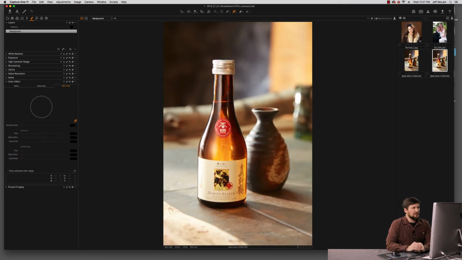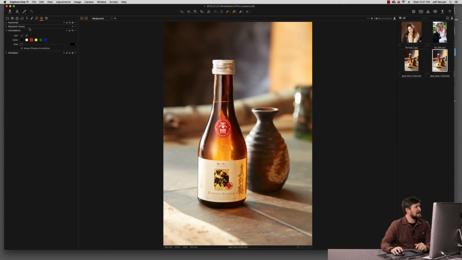Another area where some of the new features of Capture One can be really helpful is if you're working on an image that needs a crop applied, that would maybe be used on the cover of a magazine, so we need to know where the type is going to land. And it's going to have some extensive retouching, and we need to communicate that information as the photographer over to a retoucher. So some of the new features that we can work with here, in the metadata, there's this annotations